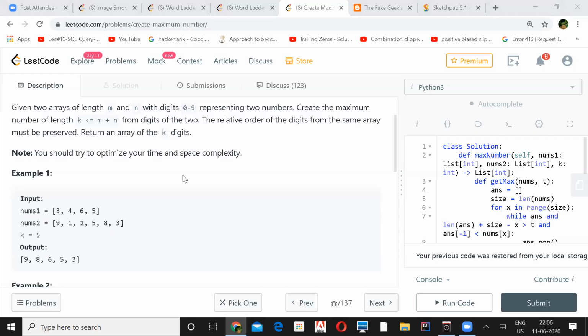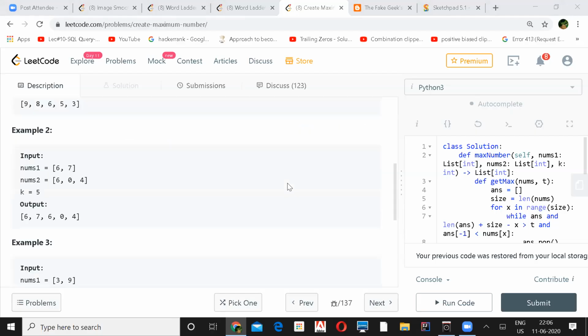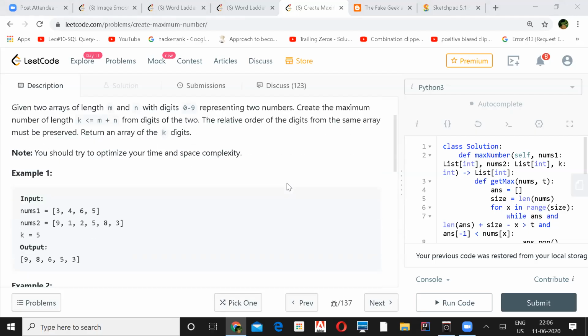Yeah. So the intent is that the output should be in such a way that we are creating a greater number using all these digits, and also we are not moving the relative order, right? Yeah, not greater number, maximum number. Maximum number of the whole. Yeah, whatever you can get from the k. Yeah, of that length. Because if you look at it that way, then only the problem seems to make sense. Or else just looking at the array and all that, it's very difficult to understand what the problem is. Exactly.